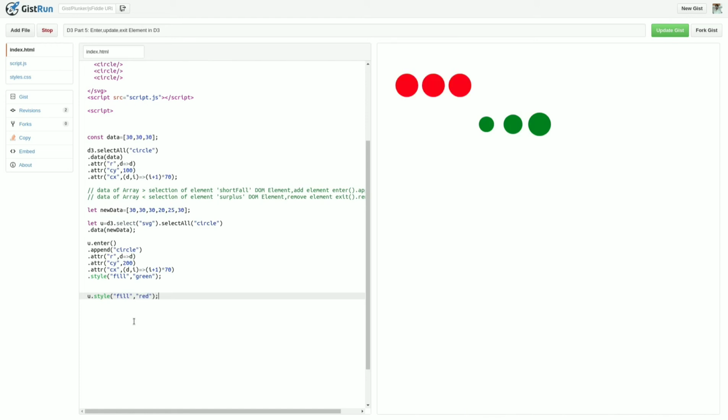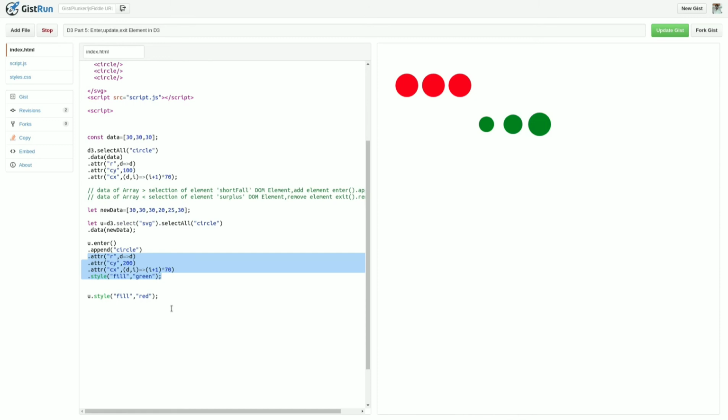You can see the difference: I have updated the already available elements directly using u.style. So u contains the already available elements, and u.enter().append contains the new elements. Now what if I want to update both the elements at the same time?